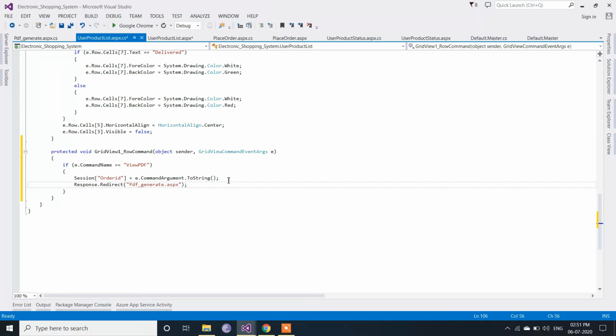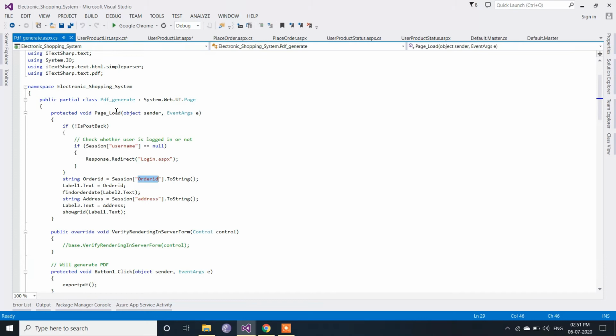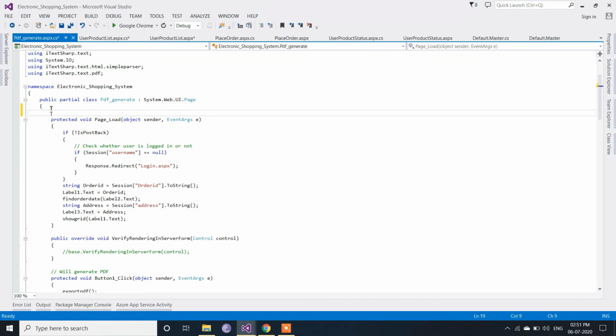Now we have to make changes in the PDF generate.cs page. First of all, we have to take one variable at the class level, just before the page load event.